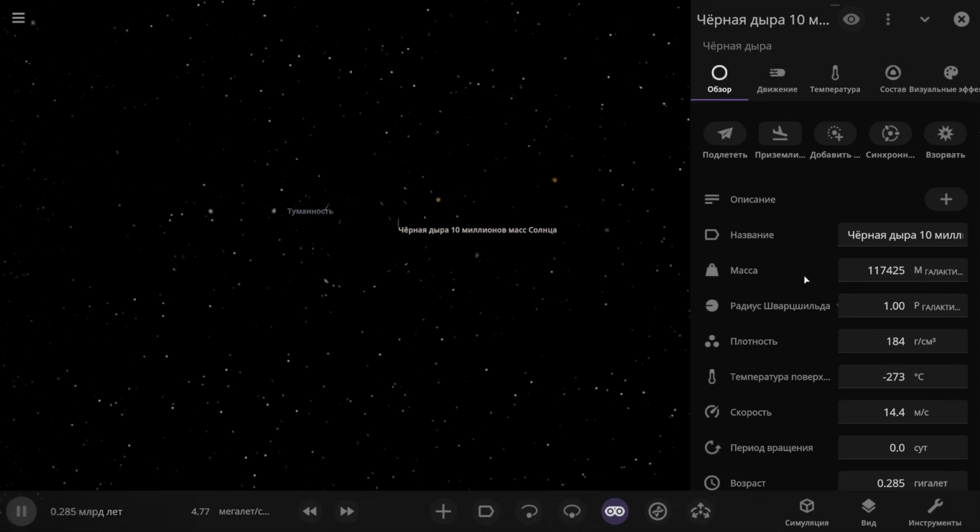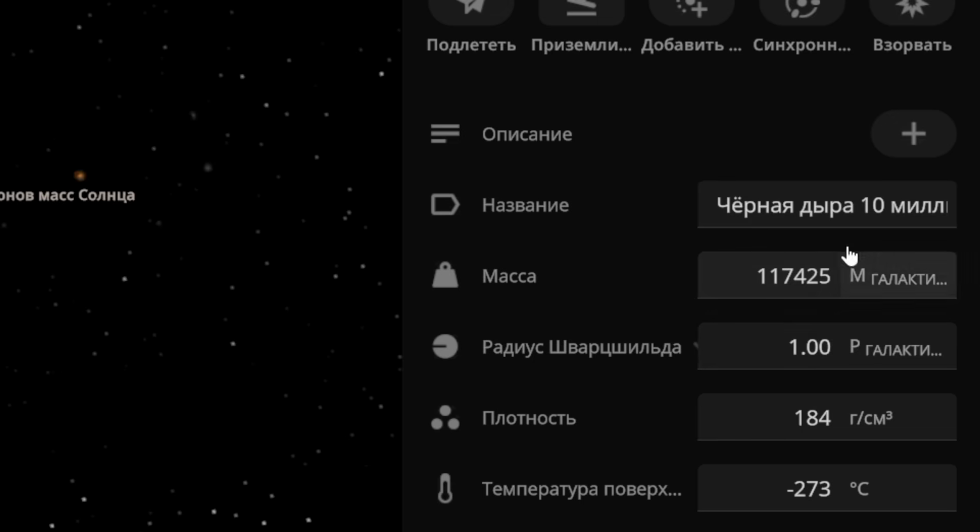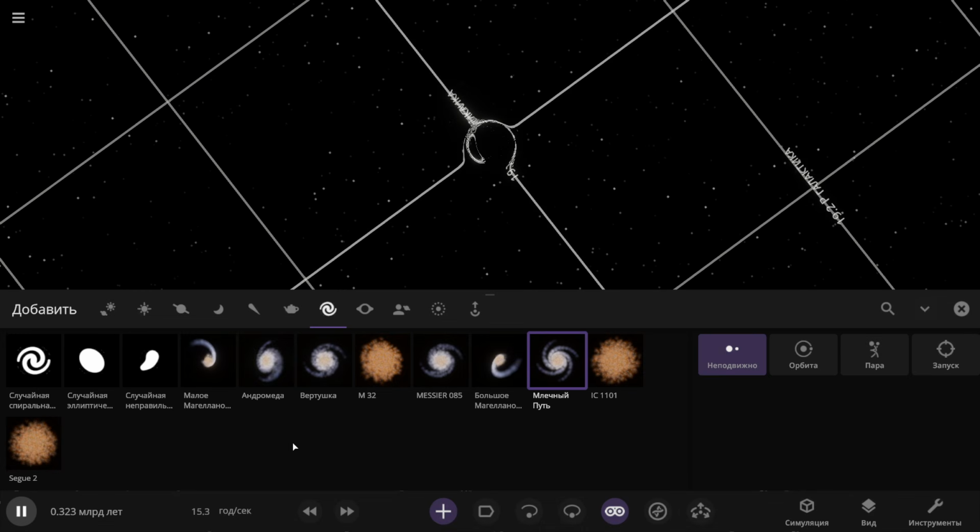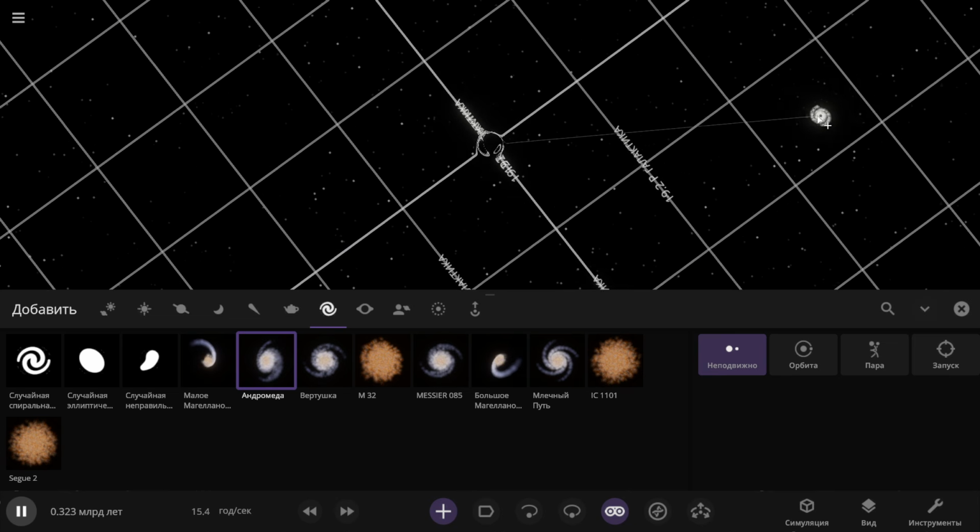Well, basically, it's clear. It's something similar to the previous experiment where I collided the large and small Magellanic Clouds. This giant black hole just destroys galaxies. By the way, I see that the mass of this black hole didn't even increase after all that. Now I'm going to carefully take the magnificent Andromeda galaxy and gently place it somewhere over here as well, and